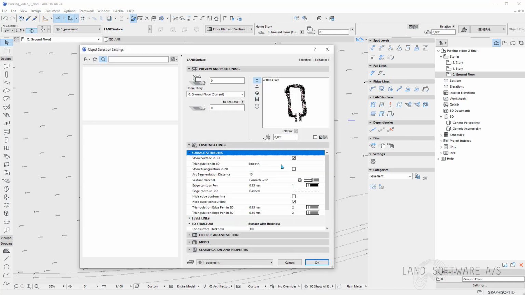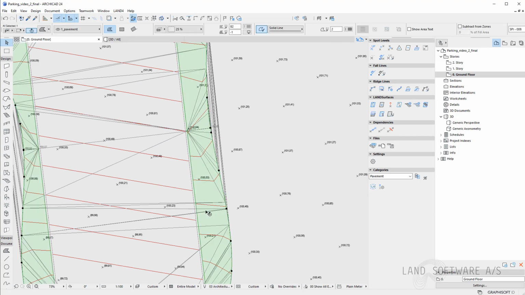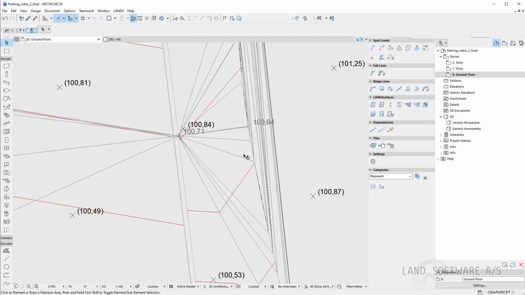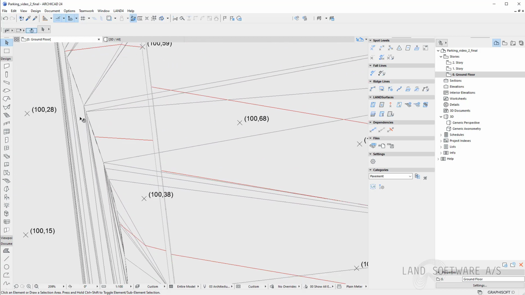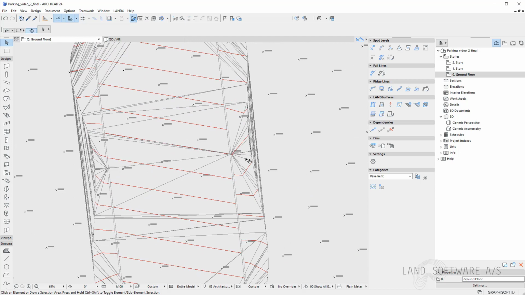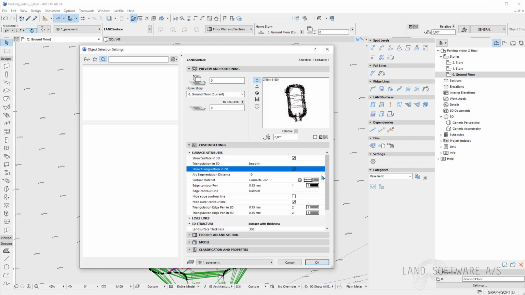I can show this by just checking the triangulation in the 2D, and here we can see how the spot levels have been used in creating the surface. Because we didn't have a ridge line or a break line representing the border of the inside of the pavement, we have no control over the height in here.